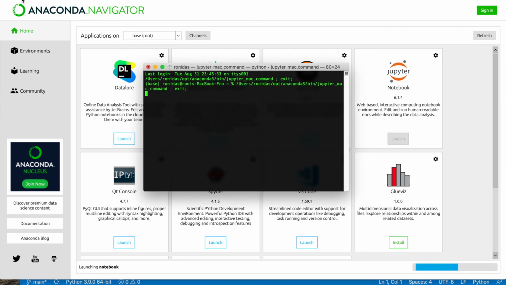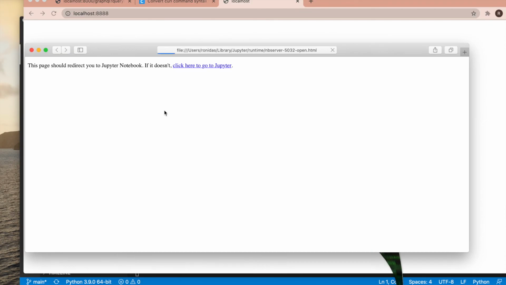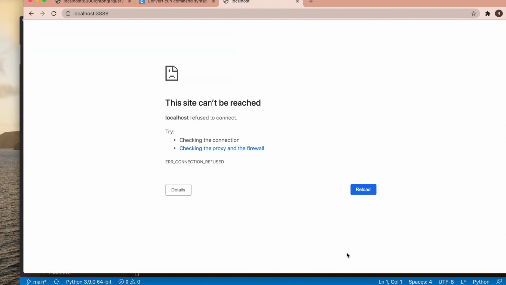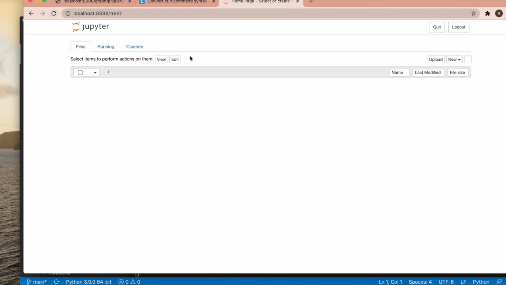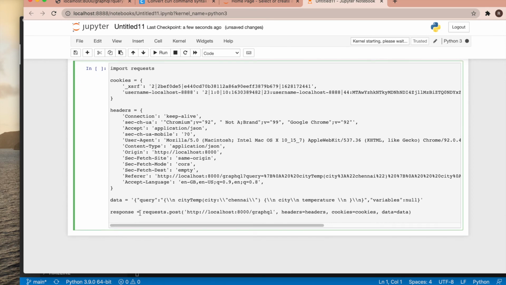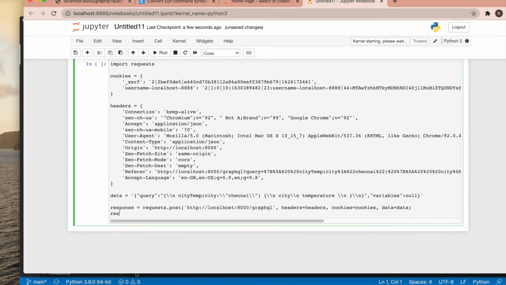Hopefully that will help you understand how these things work. Just hold on. Let me open a notebook here and copy paste the whole thing over here. I got a response, and maybe I can print the response dot text.